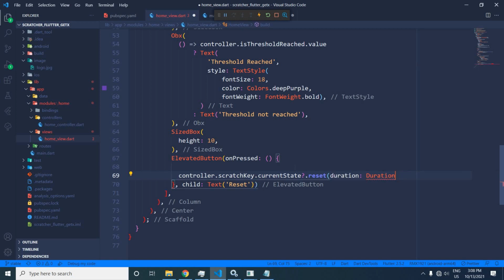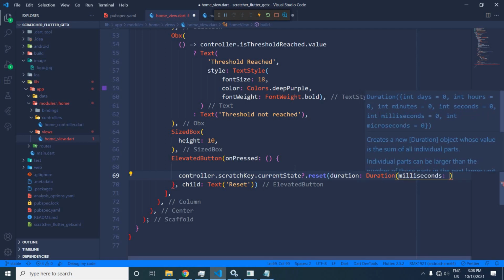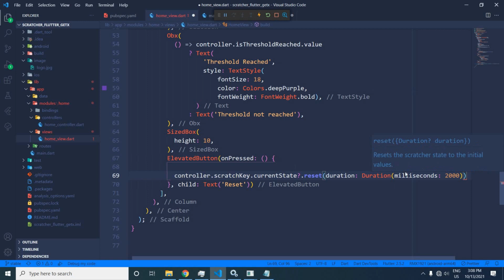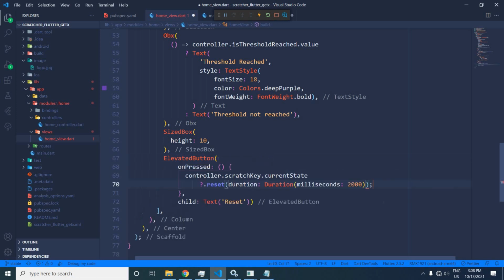In the duration I will use milliseconds, and in the milliseconds I will specify the value as, let it be 2000. Let me close the bracket here, one more bracket will be closed, so I will put a semicolon.